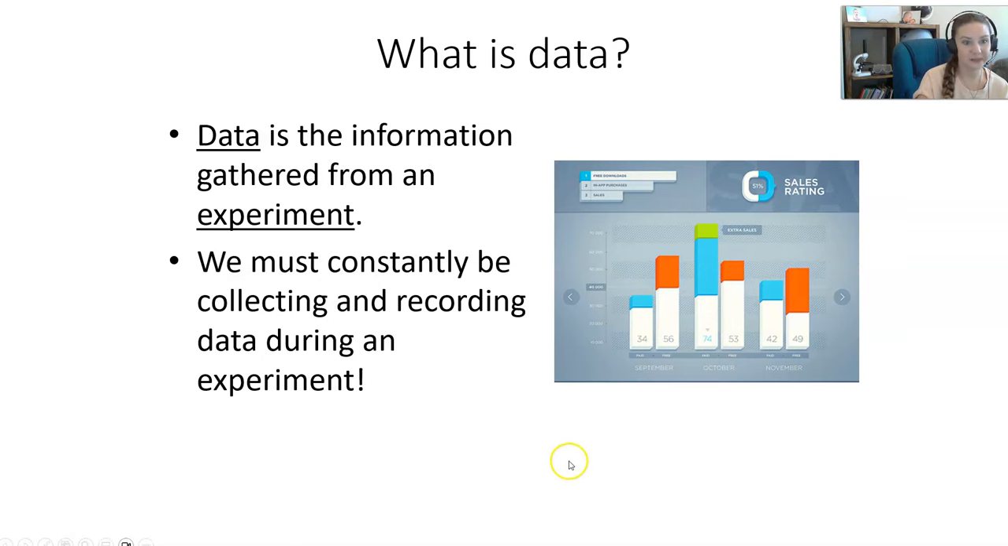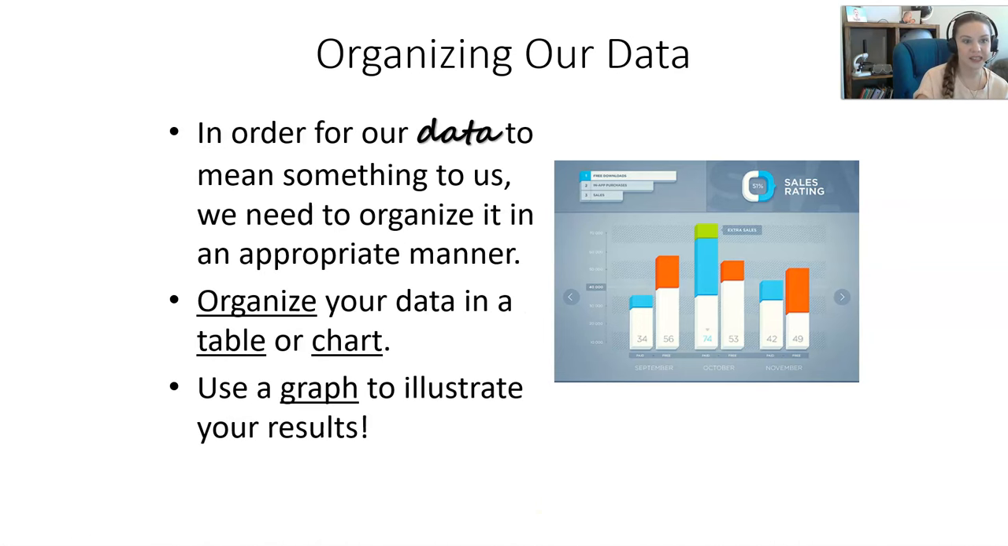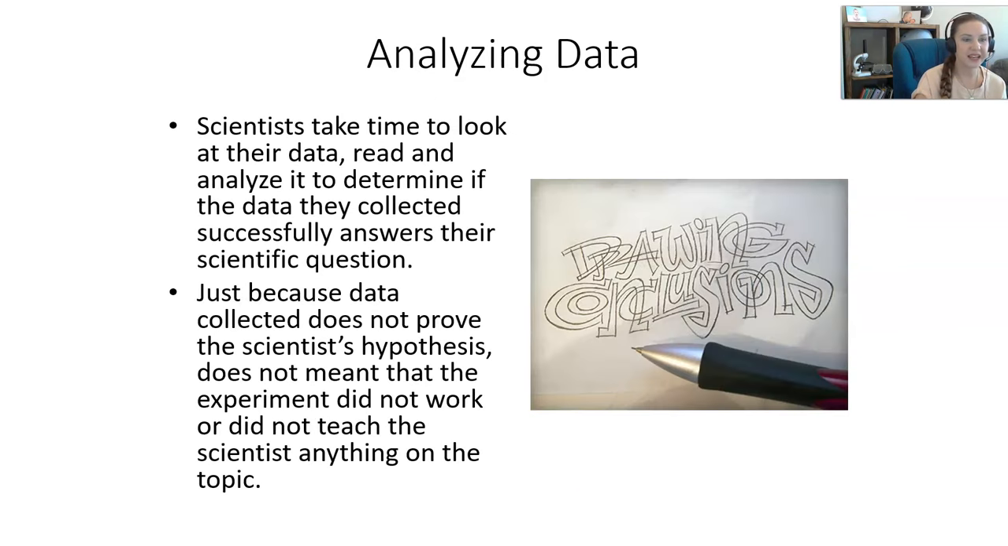We must constantly be collecting and recording data during the experiment. And we can organize this data in a table or a chart. Sometimes we'll use a graph to illustrate the results after it's organized in that table or chart. We can use all sorts of different kinds of graphs. We can use bar graphs, line graphs, circle graphs. All of these things are great at representing our data depending on what it is that we were measuring and how we want it presented. Once we get that data into a graph, it's time to analyze it and really think about what it is